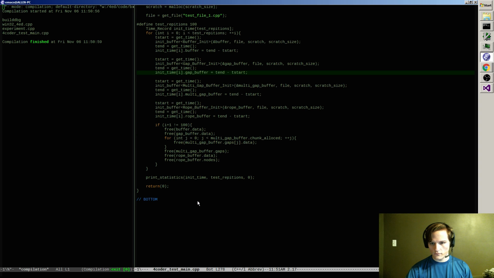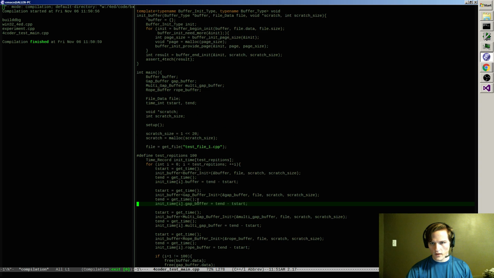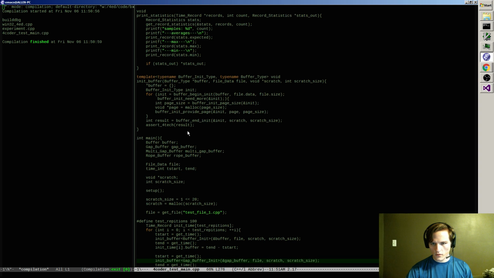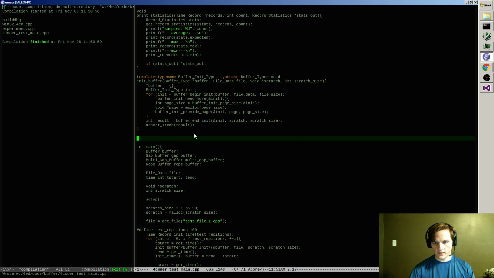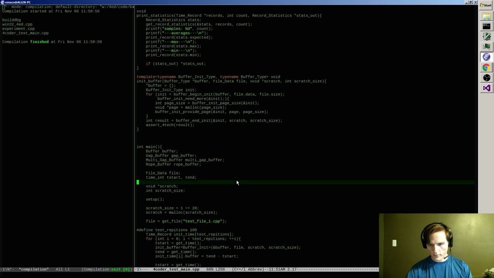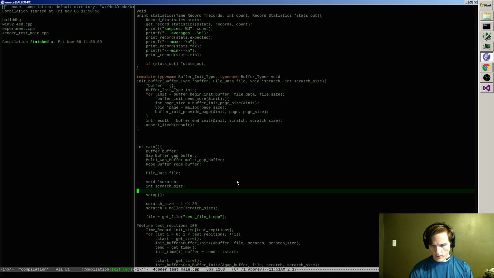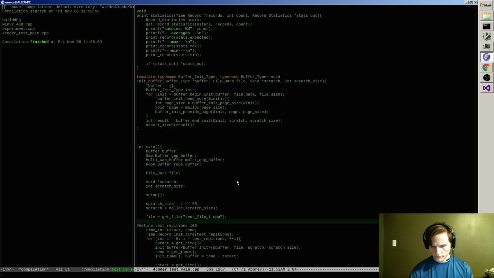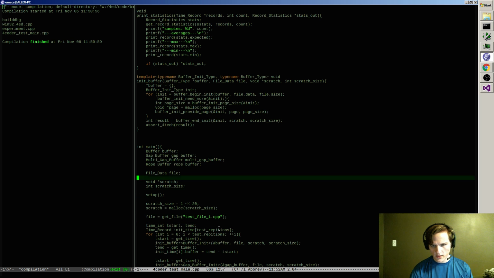Alright, so now I can say that we've got our first test set up and pulled out. This will go with it. So we want to do, and the test repetitions will just be a parameter I pass in.